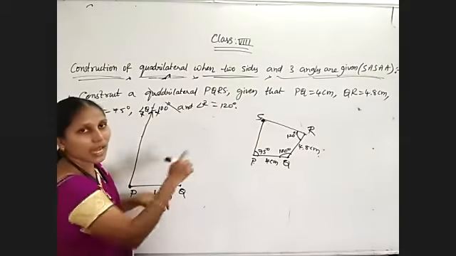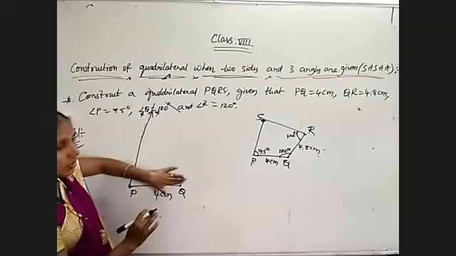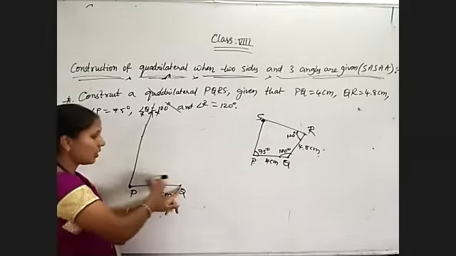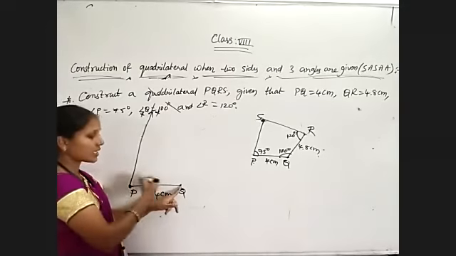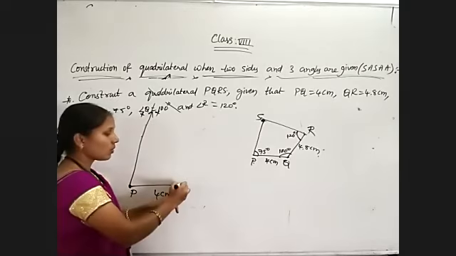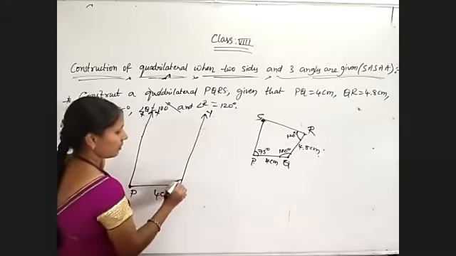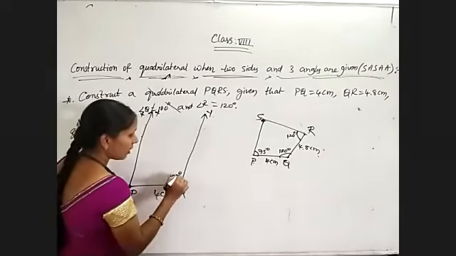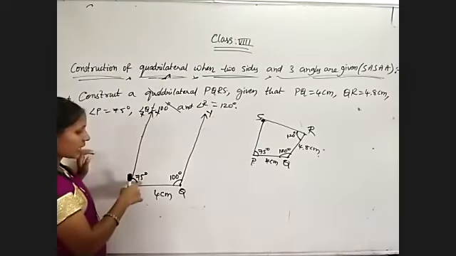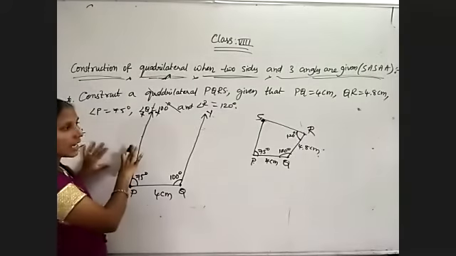Angle Q we must form as 100 degrees, and I am constructing it using the protractor only. So keep your protractor at Q and construct 100 degrees. When I am placing the protractor at Q, the remaining part of the line segment is lying to the left of Q. Yes or no? So take the upper value. Now construct 100 degrees. So ray QY makes the angle 100 degrees with PQ, and ray PX makes the angle 75 degrees with PQ. Okay.